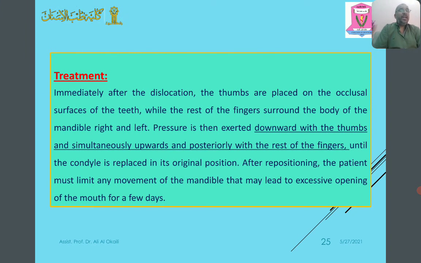Treatment. Immediately after the dislocation, the thumbs are placed on the occlusal plane of the teeth, while the rest of the fingers surround the body of the mandible on the right and left side. Pressure is then exerted downward with the thumbs, simultaneously upward and posteriorly with the rest of the fingers, until the condyle is replaced in its original position. After repositioning, the patient must limit any movement of the mandible, which may lead to excessive opening of the mouth